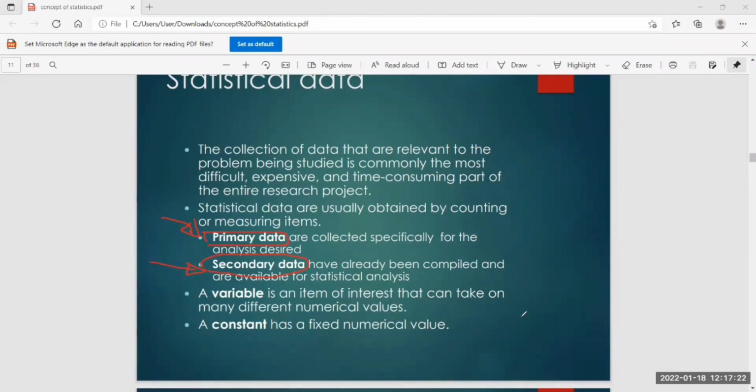The one that you primarily collect is the one you yourself have done. Somebody else did it for you, you just transfer it to your SPSS. That's called secondary data collection. You didn't do it. Like for example,